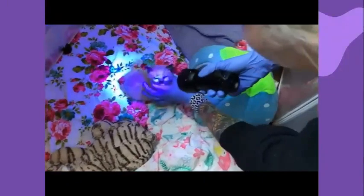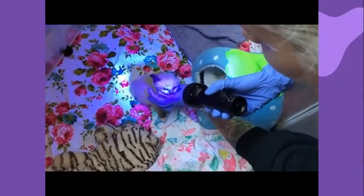Just be careful using this method because not all strains of ringworm will glow. And there are things that will glow that are not ringworm, like certain fibers or food residue or my hair,